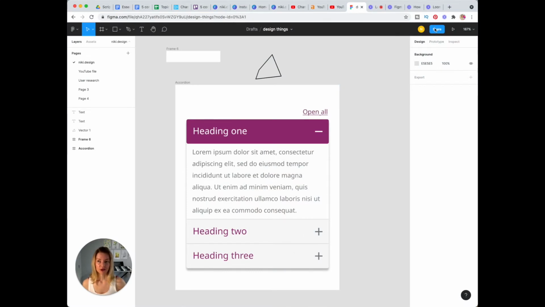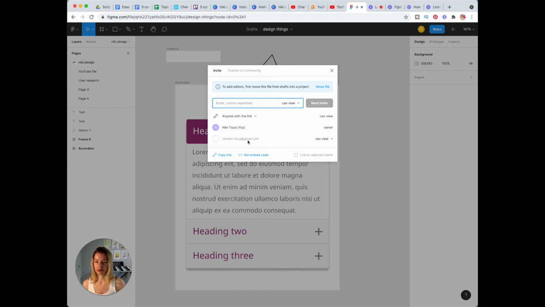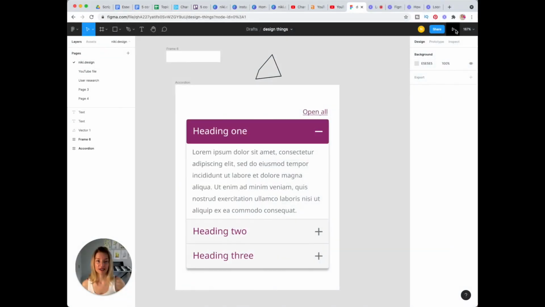With this button, you can share your file with anybody and you can limit their rights. See what I mean? For example, I shared my file with this person. This is me. I only give this person can view rights. I can change it to can edit as well. But I really like to use can view because in that way people are not able to move things around on my artboard, but they are still able to add comments to my file. If I had a prototype, then I would be able to launch my prototype with this. And this is your zoom in and out option.